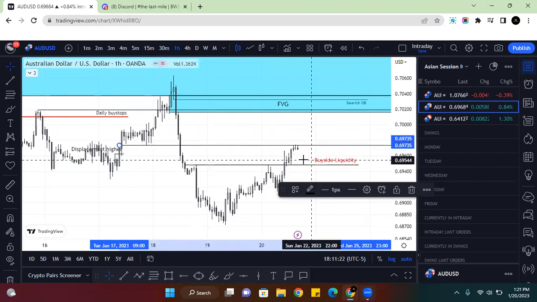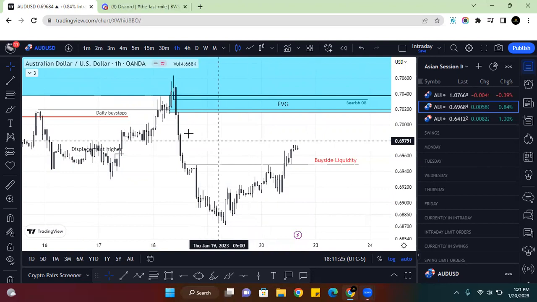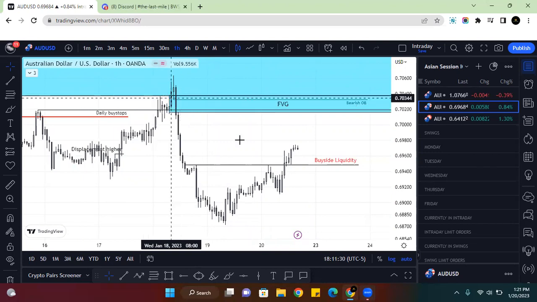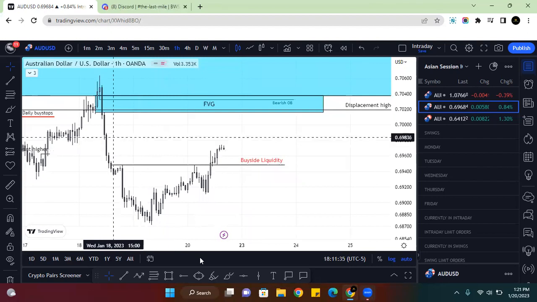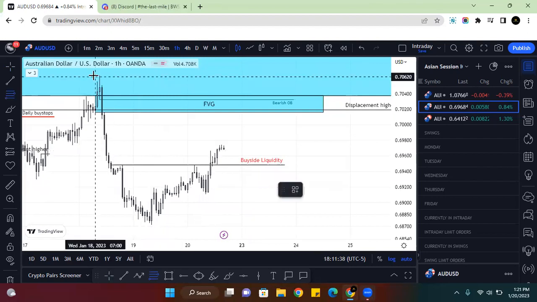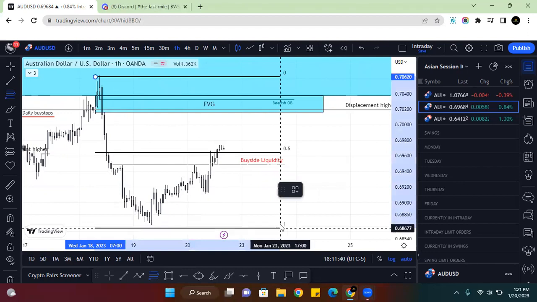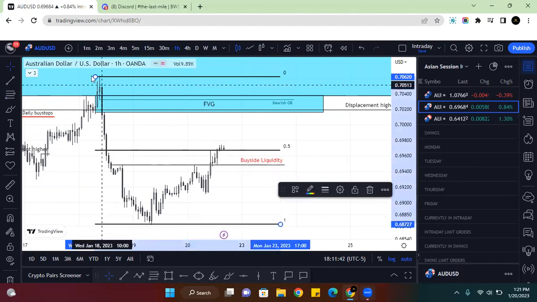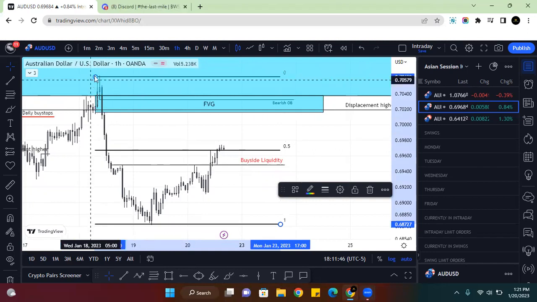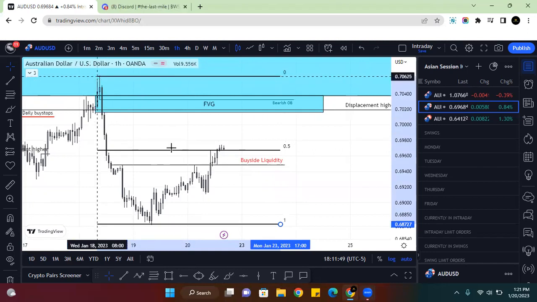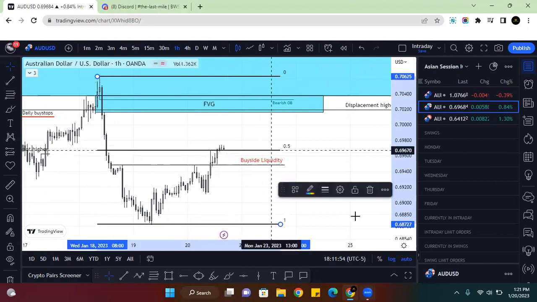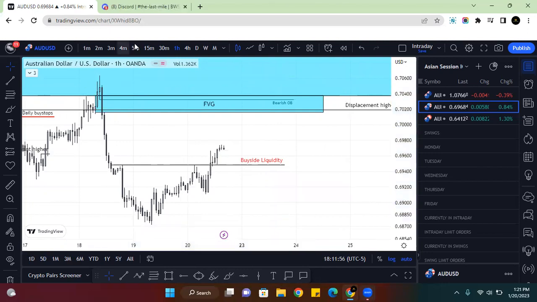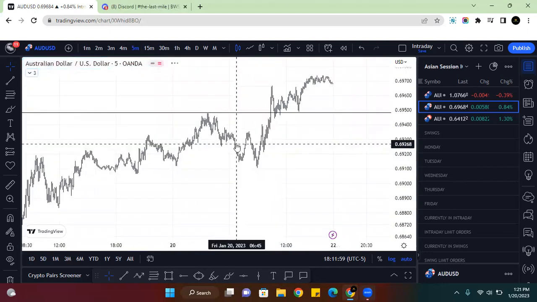Well, let me see. I was looking at this 1H fair value gap as a potential, or maybe even the one above it. I didn't think it was going to come back up, and not this far at least. Since this fair value gap was in premium territory, I knew it was going to be one of the two, but I was just basically going to watch candle closes around both fair value gaps. If it violated this one and traded into this one, then I basically use a process of elimination. You know what I mean? If I am wrong, then that's the purpose of waiting for the candles to close, because obviously if it keeps breaking structure and taking buy side,